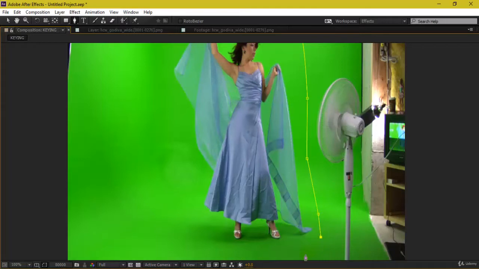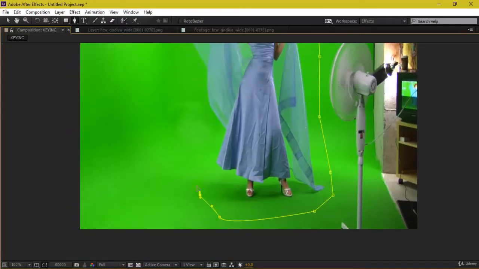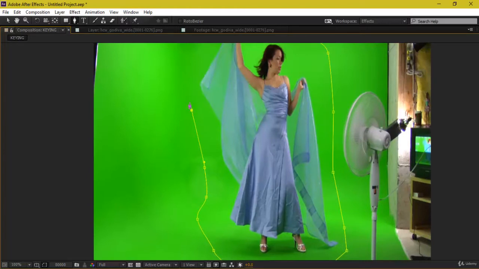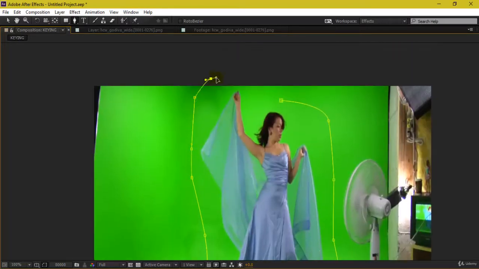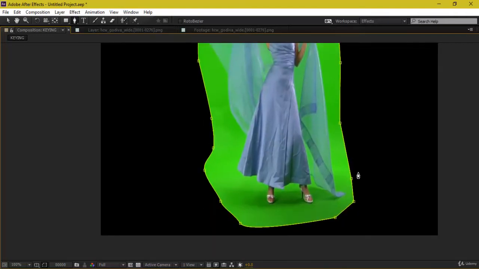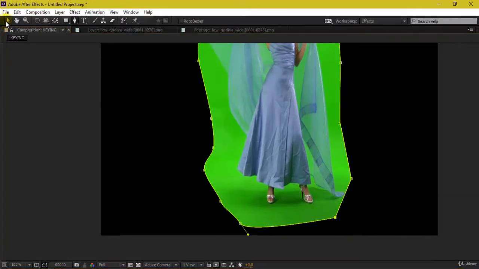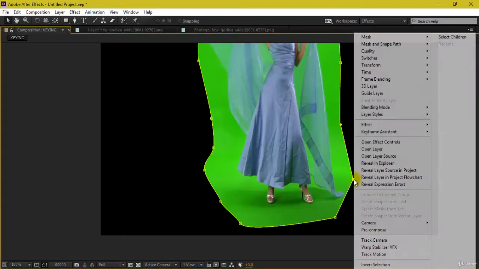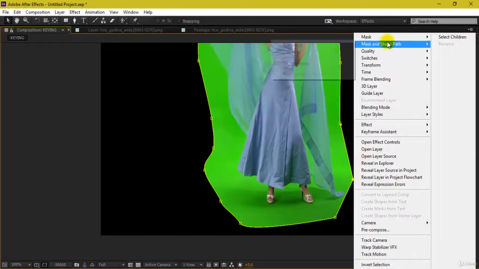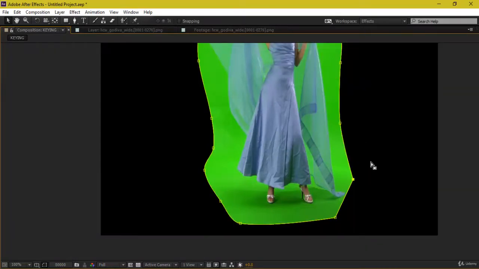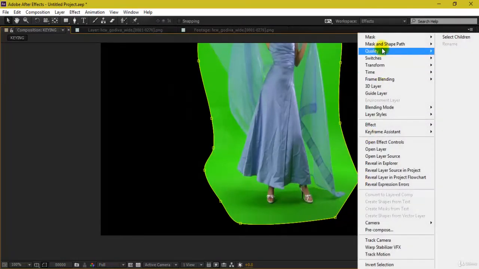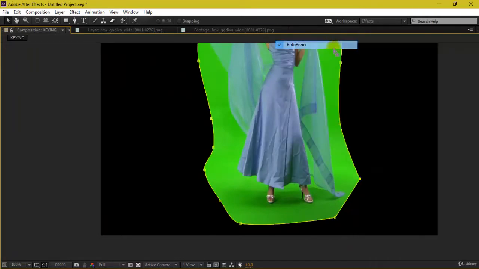One thing which needs to be seen very precisely, or which needs to be maintained, is that you have to cover the area inside your mask, and you have to cover the main object which you want to. Just a minute, we just change this to Roto Bezier, which we did here.